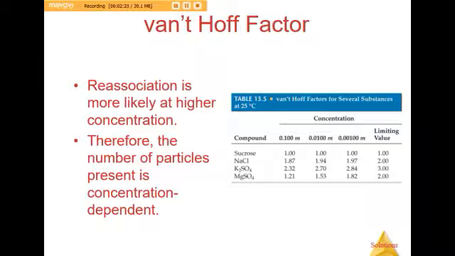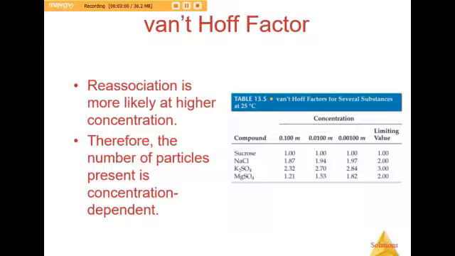That's simply because sucrose does not dissociate. The limiting value column on the right tells us the maximum number of moles of solute that could be produced from 1 mole of the dissolving solid. So we look at sodium chloride. We know that sodium chloride will produce 2 moles of solute. That's why its limiting factor is 2. But when we look at the Van Hoff factors, or the concentration at various points, a 0.001 molal solution will only produce